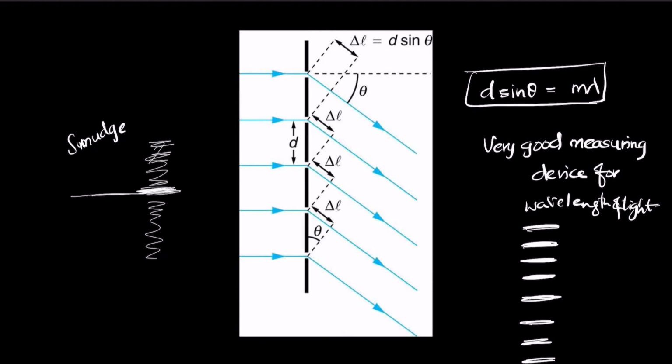So this is one of the reasons why diffraction gratings are a great device that can be used to calculate the wavelength of light. Here d represents the separation of the slits, or the equidistant distance between two slits. This is the distance between every two slits, and it has to be even across the grating, which means that all the slit distances must be d. So this is where you get a diffraction system. Let's take an example and see how we can calculate diffraction by using a diffraction grating.